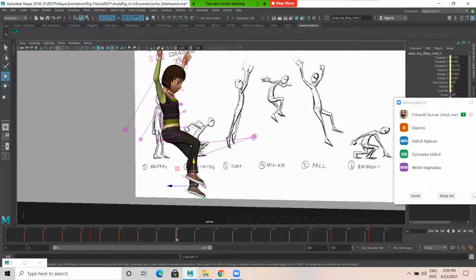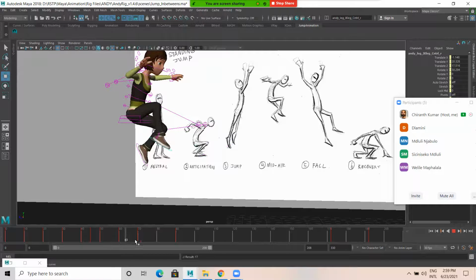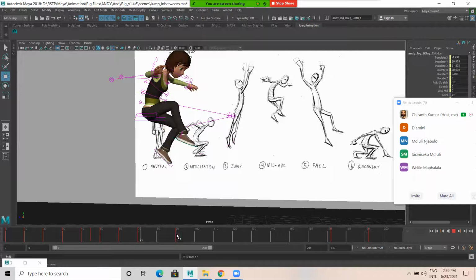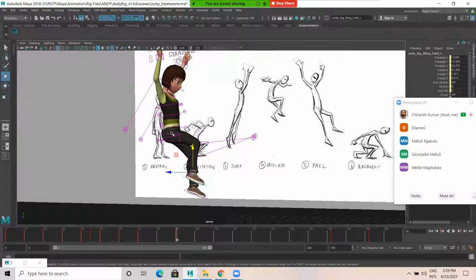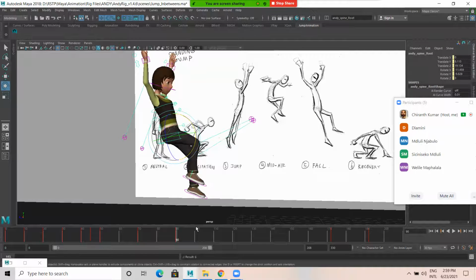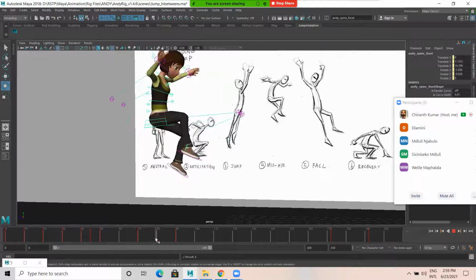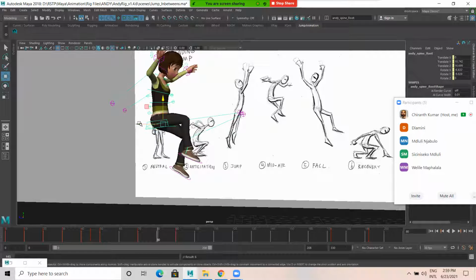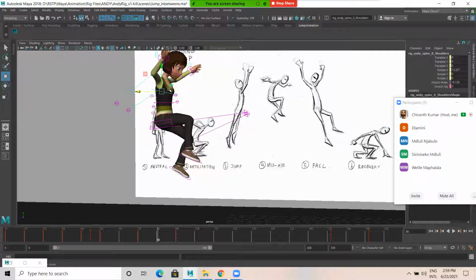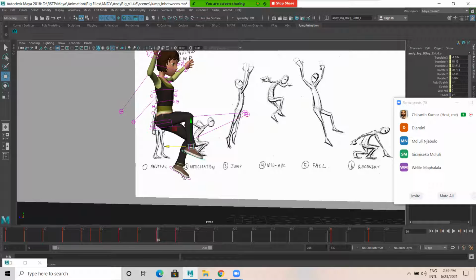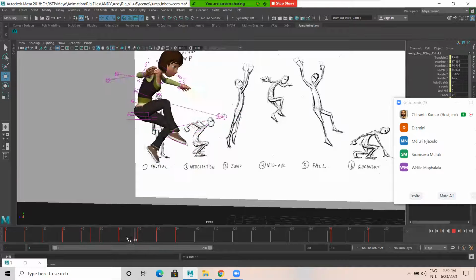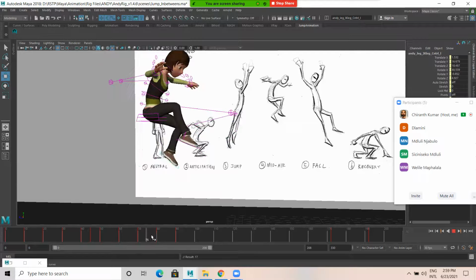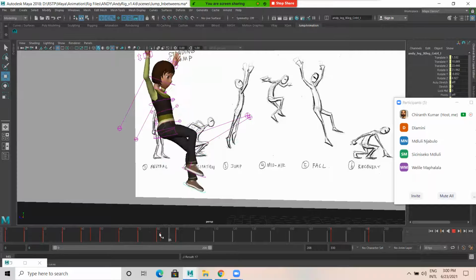Set key, and here set key. And the body a bit back. So in between I can add some, a bit of life into this. The pose is quite good.